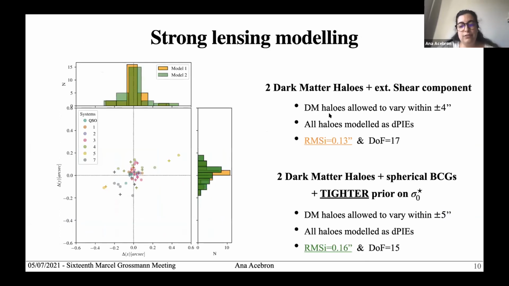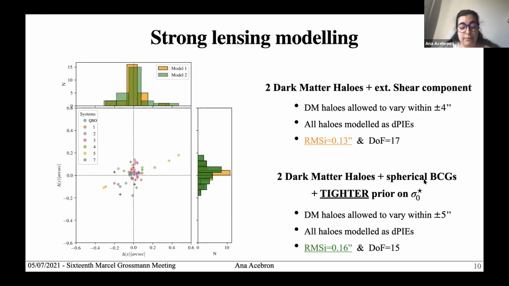So we have carried out several strong lensing models with different parameterizations, and I will focus today on 2 of them. Both models assume 2 dark matter halos for the large scale dark matter distribution. In this first model, which will be called model 1, it also assumes an external shear component, and all galaxies are modeled within the scaling relations. In the second model, however, the 2 central or brightest galaxies are modeled outside of the scaling relations, so they